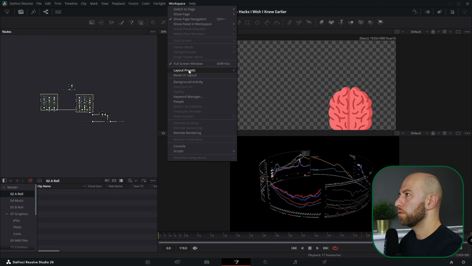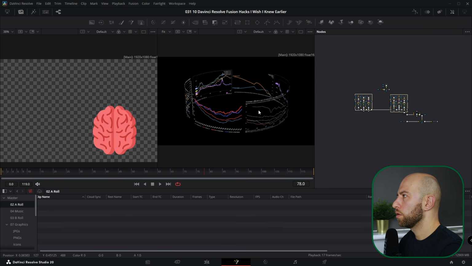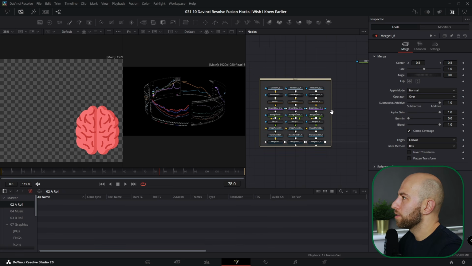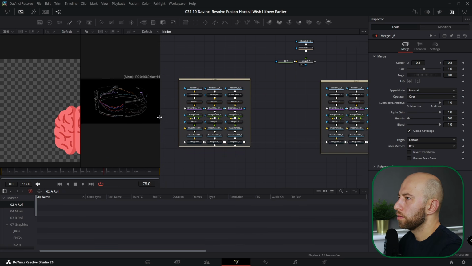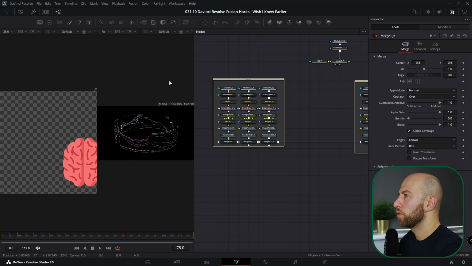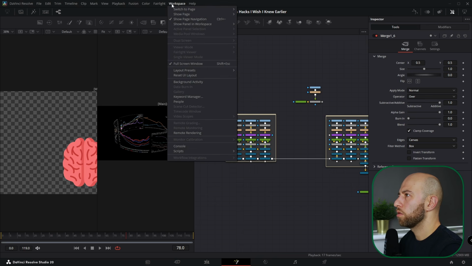And next we're gonna go and test Mid Flow. So as you can see, the media pool is on the bottom, and you've got viewers on the left, inspector here, and the node area is squeezed in the middle, but you can always change the viewer, put the viewer to the left, and you can close the media pool, and then it's bigger. And I want to go to the last one,